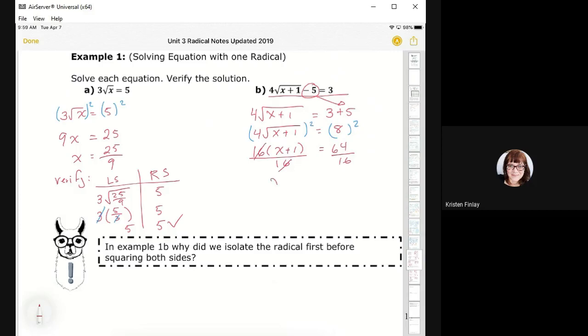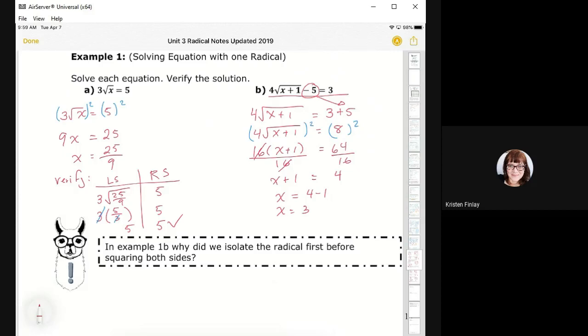Cancels out on this side, so I get x plus 1 equals 64 divided by 4, which is 4. And then I'm going to move that 1 over, so it becomes 4 minus 1, so x equals 3. Now, if I verify them,